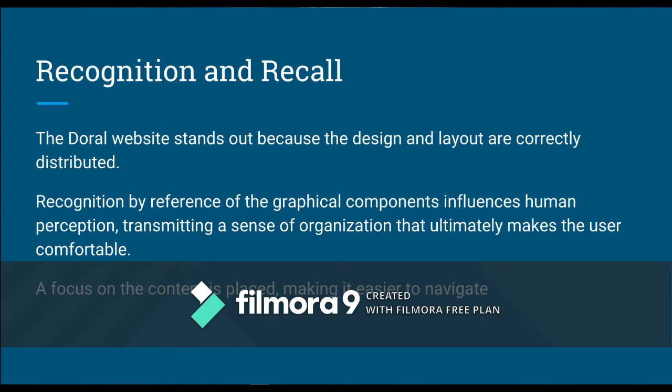Programmatically speaking, there is a benefit when using a template for building a website because we can reuse common elements and layout across the entire site. This is very beneficial for the user since it helps with human perception, transmitting a sense of organization that ultimately makes the user more comfortable.